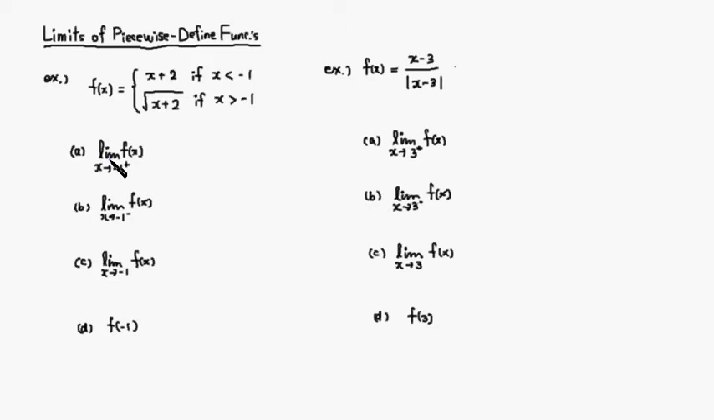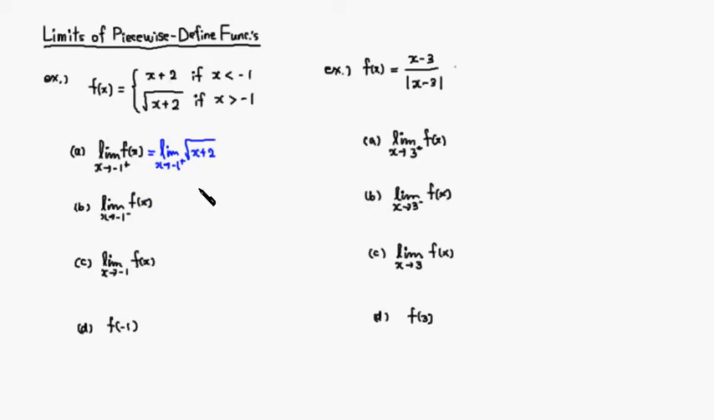So let's evaluate the right-hand limit of f of x as x approaches -1 from the right. So since we're approaching from the right, x has to be greater than -1. So we have to actually use the bottom formula, right? So you have a square root of x plus 2,